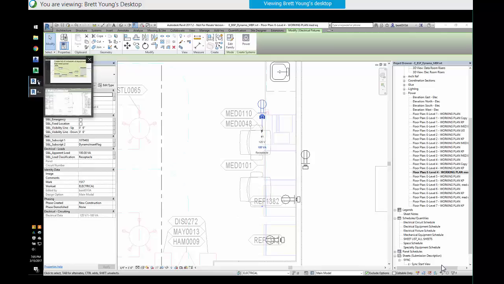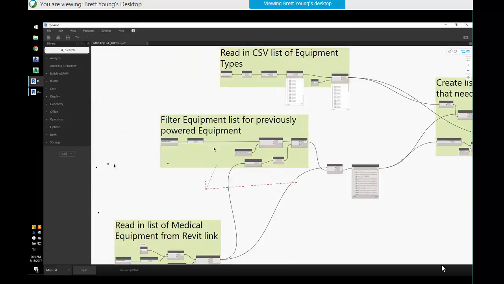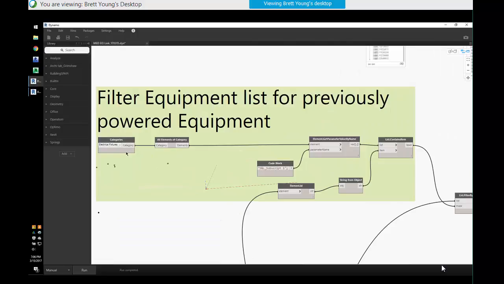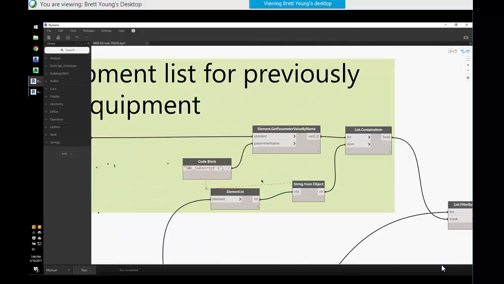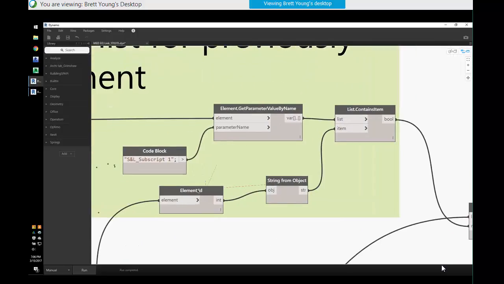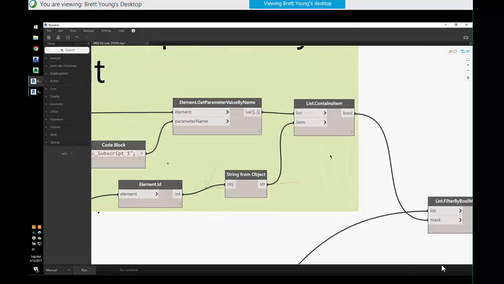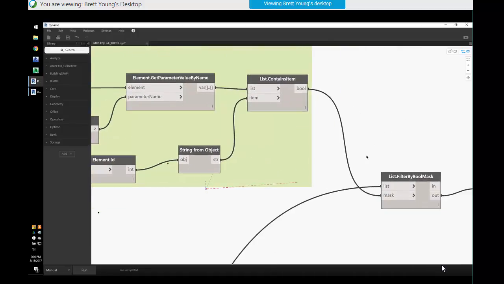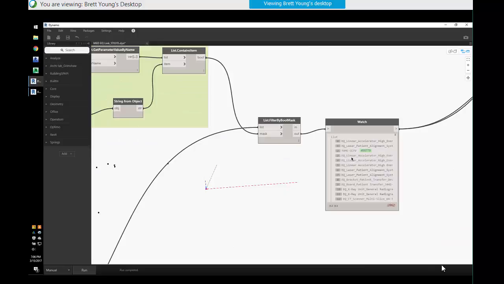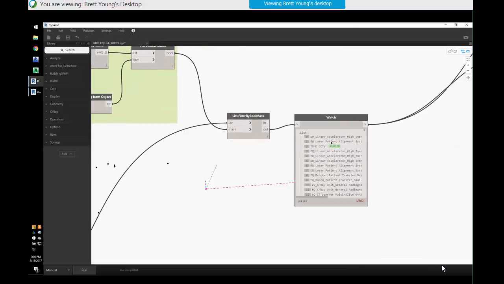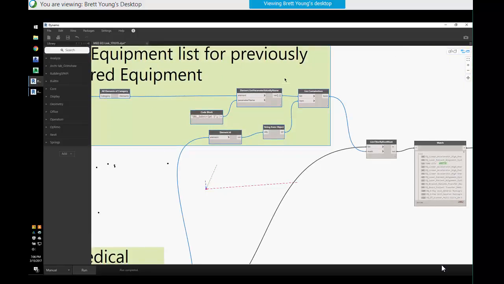But all we're doing in this beginning group right here is saying, read in all the electrical fixtures. Let's take a look at subscript 1. Let's bring in all these element IDs, and then we're going to ask, does the list contain item, and filter it out, and then we get our list of stuff that we need to actually work with. In this example, there's very few because they're all already in there. But the filtering, this group, is kind of the key in doing all these things about, did